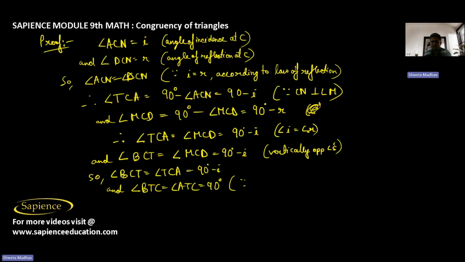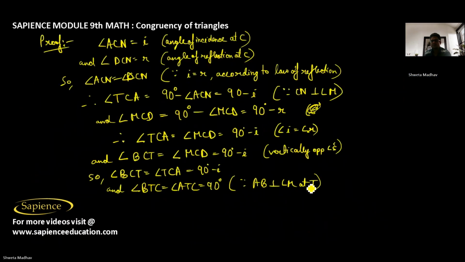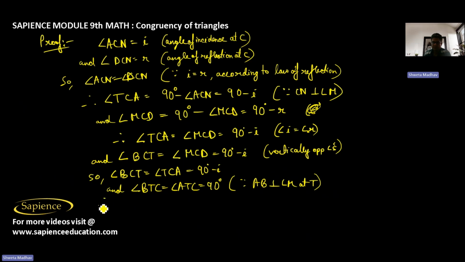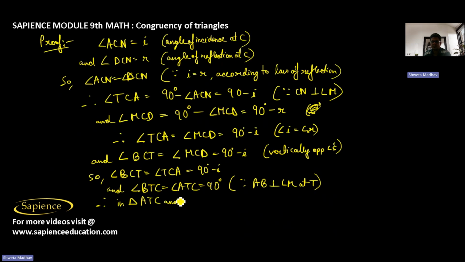Since obviously AB is perpendicular to LM at the point T, and AB intersects LM at T. So therefore now in triangle ATC and BTC, you can see that angle BTC, that is equal to angle ATC, that is equal to 90 degree, is proved